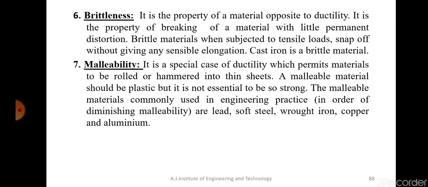So you now know the applications of malleability. If you are able to make a material into sheets, then we say it has a very good malleable property. Some of the materials used as sheets are aluminium, lead, and copper, right? We have copper sheets, aluminium sheets, and aluminium foils also. We can crush it and make it as thin as possible. So the property of the material to be made into sheets is called malleability. The property of the material to be drawn into wires is called ductility.